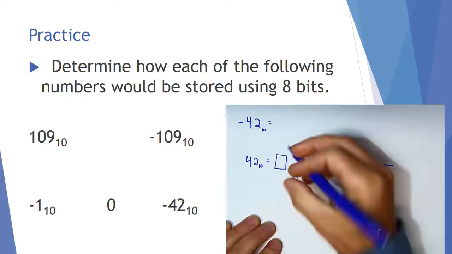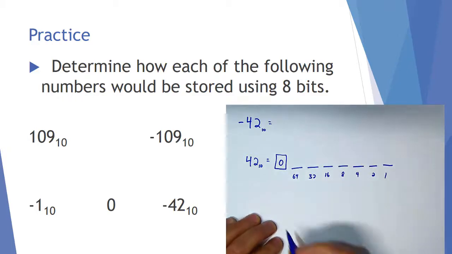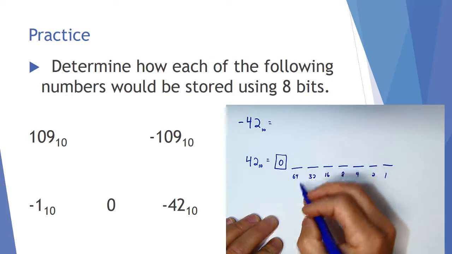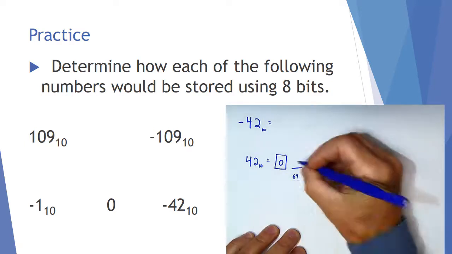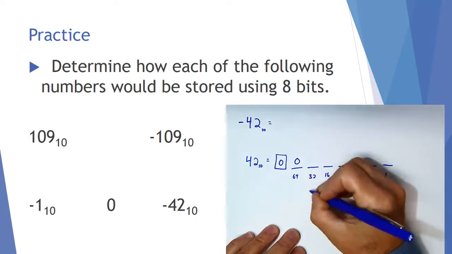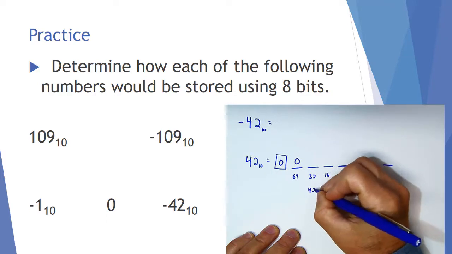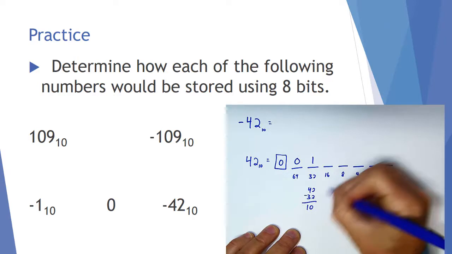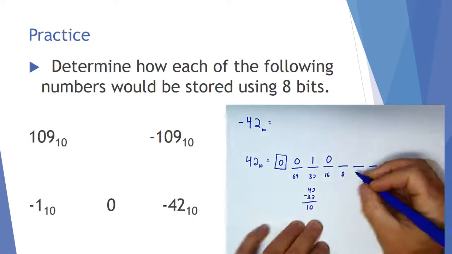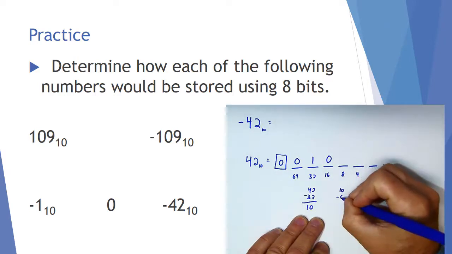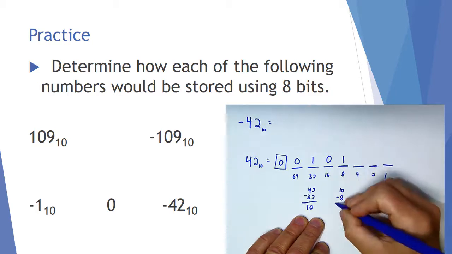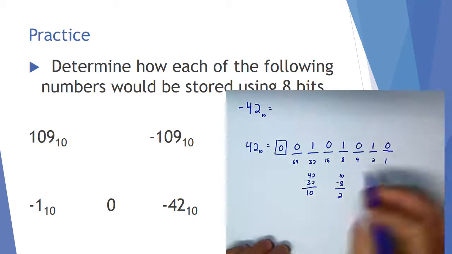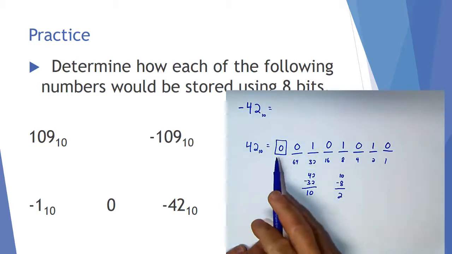Since 42 is positive, we're going to have a 0 in that sign bit. 42 is the number we're trying to convert. 64 does not fit into 42, but 32 does. So 42 minus 32 leaves us with 10. 16 does not fit into 10, but 8 does, 1 time, and that leaves us with 2. And so 42 using 8 bits is